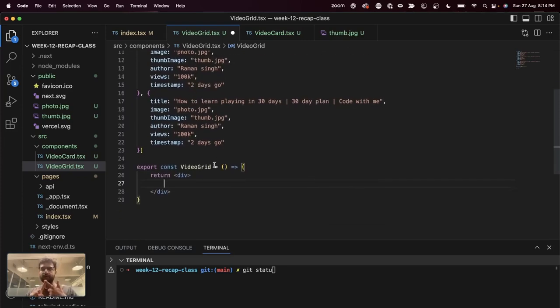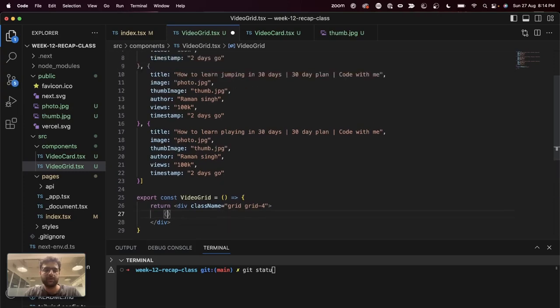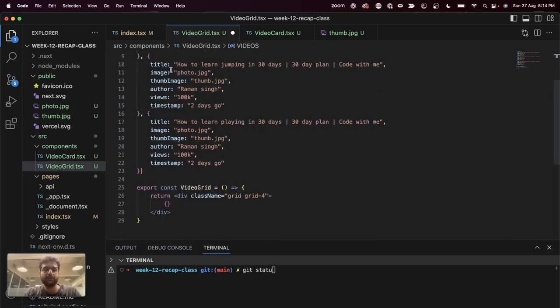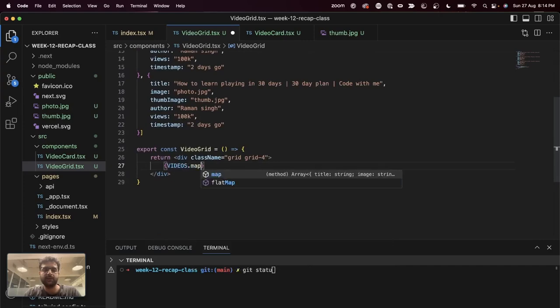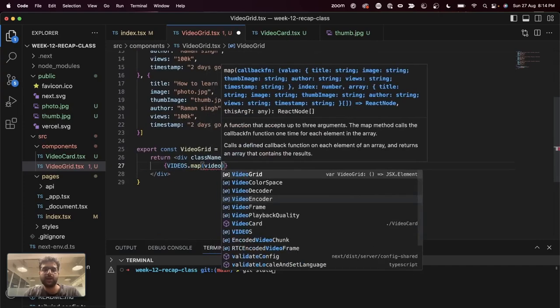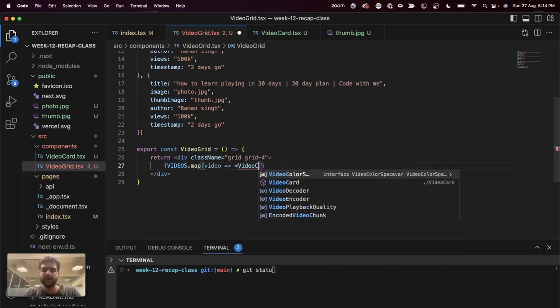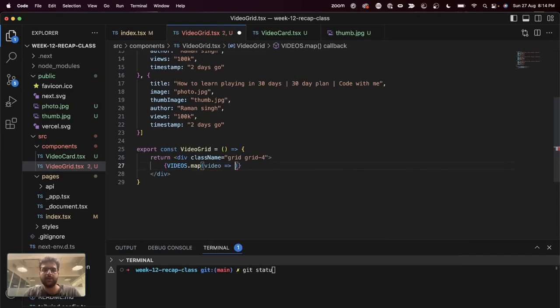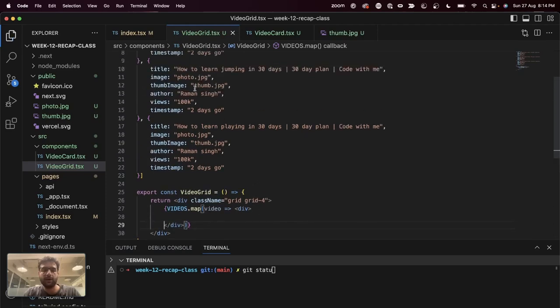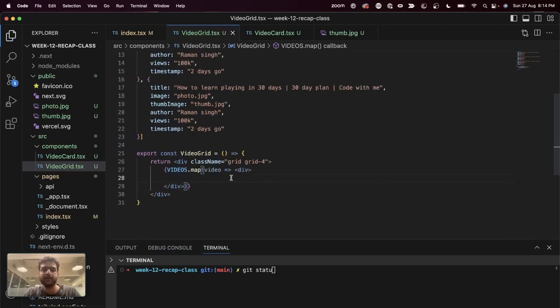So what do we need? We need a grid of these things. So class name equal to grid-4, and then iterate over all the videos. This is where things might feel a little weird to beginners. Videos.map video. Until now we have used map for a bunch of things. Here we are using map to iterate over a normal JS array, but render